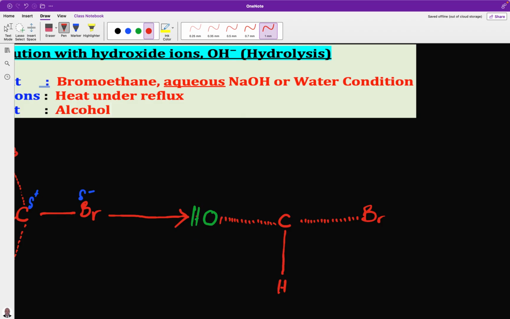That's the transition state. We have another hydrogen here. Remember, there was a methyl group here. This is a transition state. In this transition state, you will have